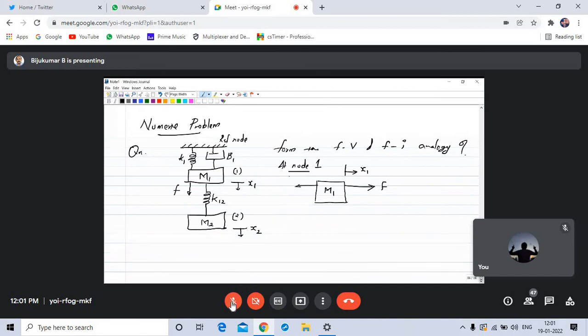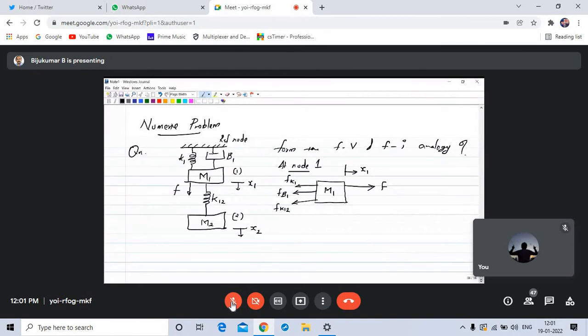An opposing force due to spring constant K1. Another one is due to dashpot F1. And whether it is complete, is there any other force? Since this K12 is a spring element which is connected in between, there will be a displacement, a difference in displacement x1 and x2, x1 minus x2 acting on this K12, right? So there will be one more force due to